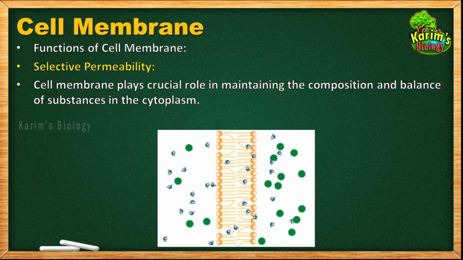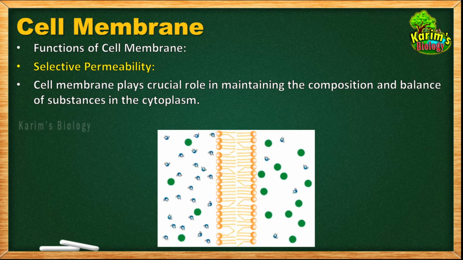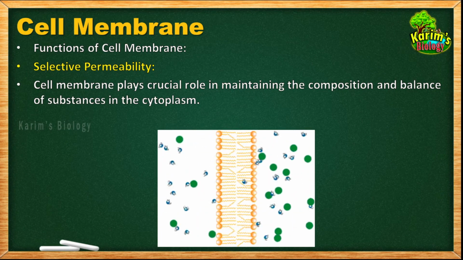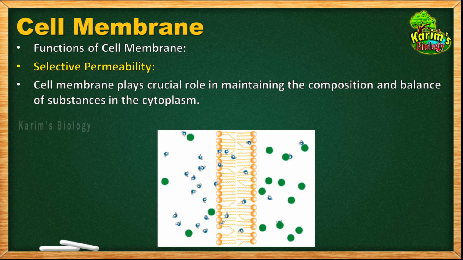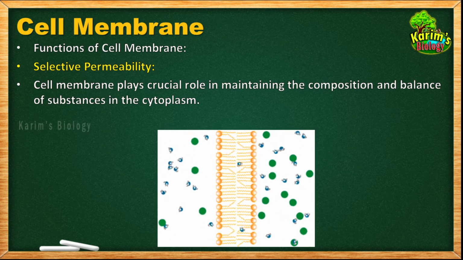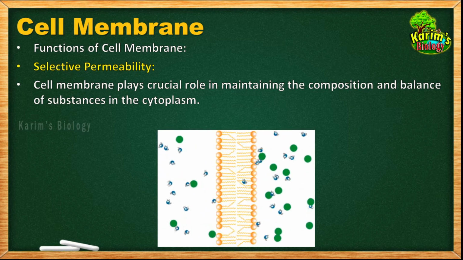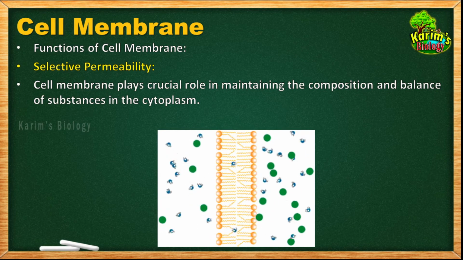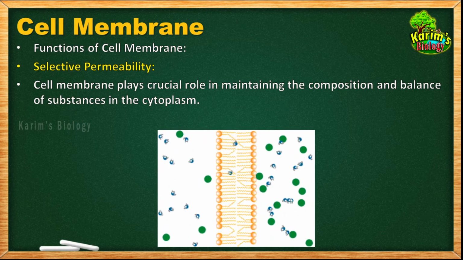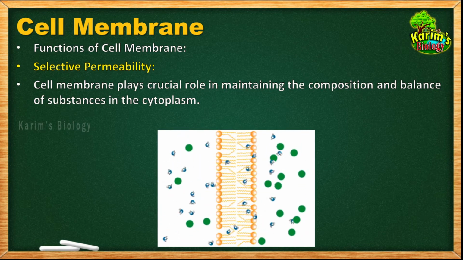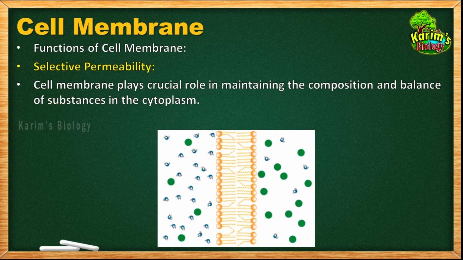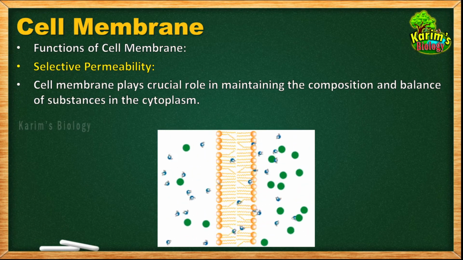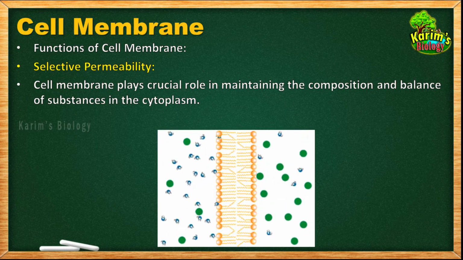Okay children, then how is the plasma membrane going to do that job? The plasma membrane performs the job by selecting only the substances which are required in the cytoplasm and allowing those substances into the cytoplasm. And if any poisonous substance is formed in the cytoplasm, that will be allowed out of the cell by the cell membrane. That's the reason why it is called selective permeability. That means the plasma membrane selects the substance that has to enter into the cell, and it stops the other substances which are not required into the cell.